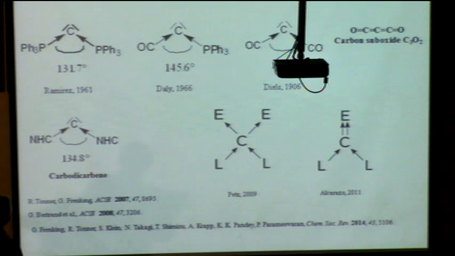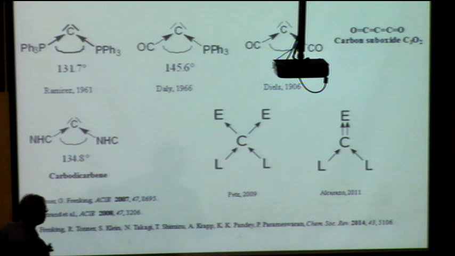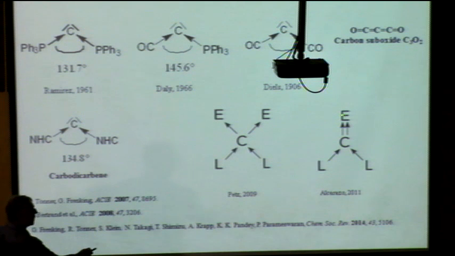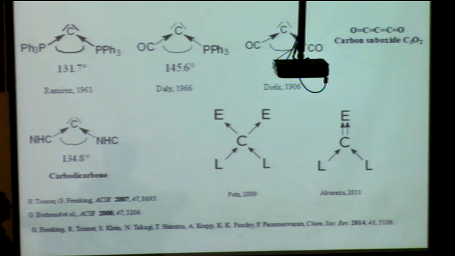We also could show that since they have two lone pairs, a double Lewis base, they can bind two Lewis acids, and that was done by Petz, who could bind two boranes. And Alcarazo showed if you have then a Lewis acid which has two empty places, like BH2+, you can isolate it as well. All of this work has been summarized in a review which appeared two years ago.